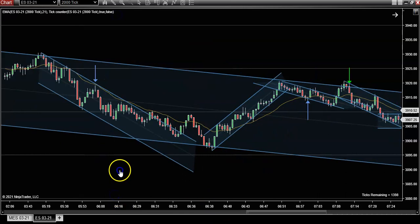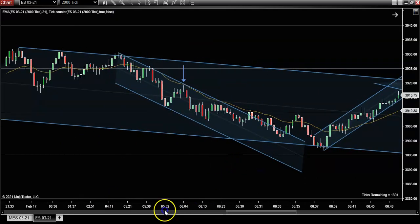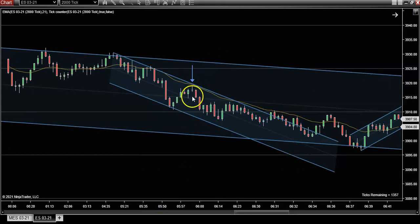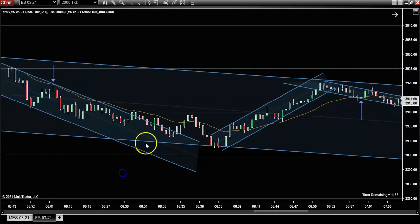That signal bar is a doji, but I think you have a lot in your favor here. It's off the trend line, it's off the EMA, and it's a second entry short. So I say take that, and it is a slightly bearish bar. So it is second entry off the EMA. I like that. Then here we get this break of the channel, and we get one leg down, two legs